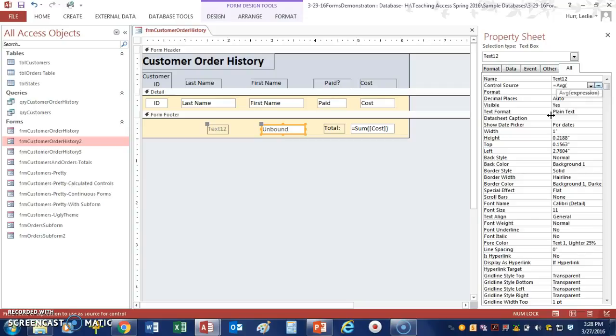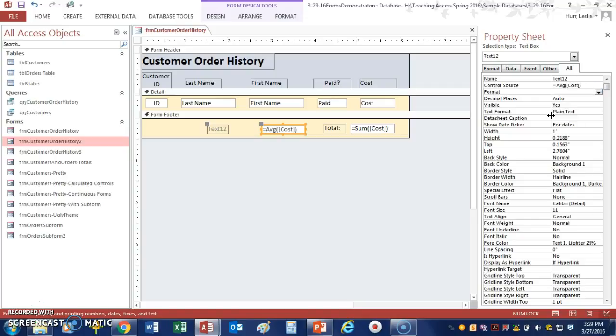Then I want to say the cost field because I want the average for the cost field. So I'm going to have a left square bracket, and then cost, and a right square bracket, and then a right parenthesis indicating the end of the information I'm providing to the average function,